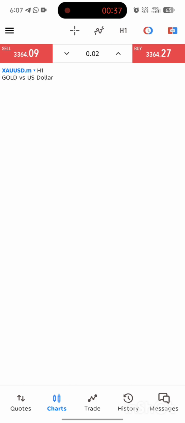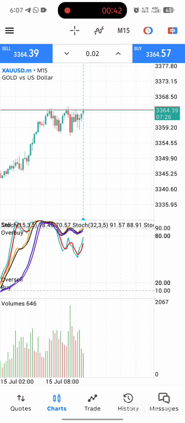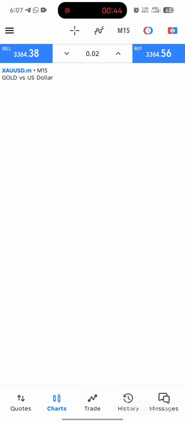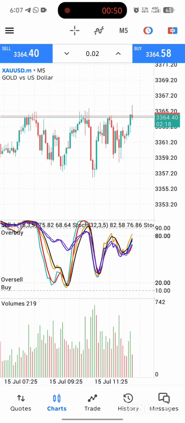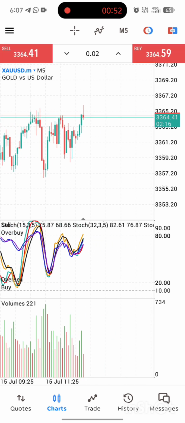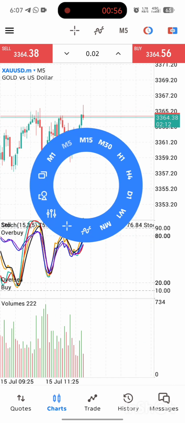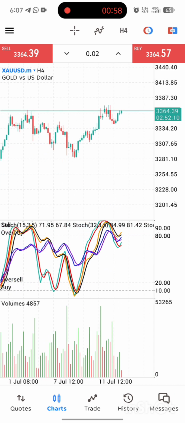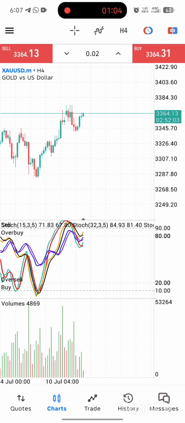What about the M15? It's actually started to show bearish momentum on the M15. So now what we want to do is we're gonna stick with our bullish bias. Now if we can see over here, we need to know the history of the price. So right now we have a break of structure. Retracement has already been done from the break of structure, and if we take a look,